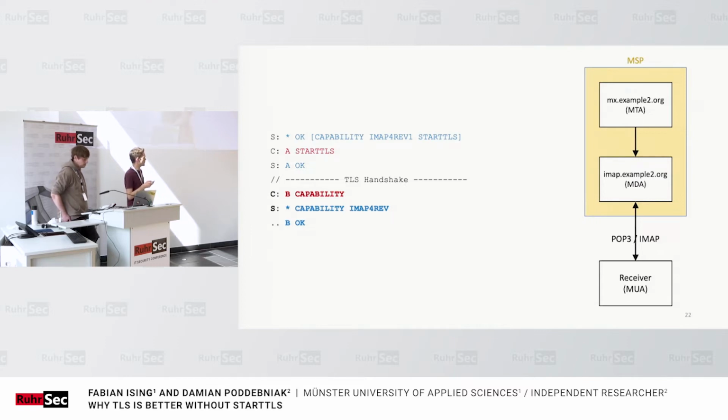This is an IMAP trace. The concept is basically the same. It starts with a greeting, they negotiate STARTTLS, they perform the handshake, but what happens if an attacker changes something here, or here, or here, or here, or here, or really anywhere?